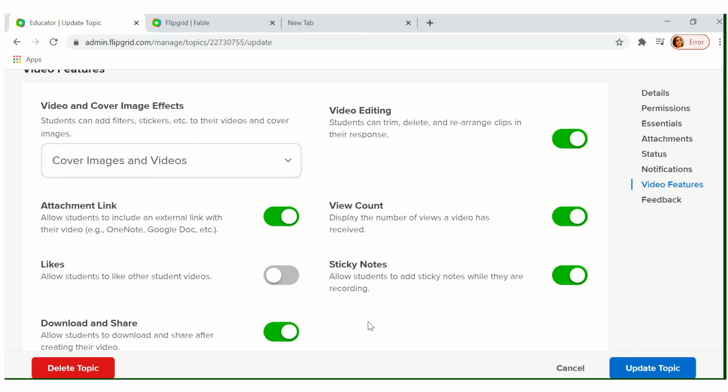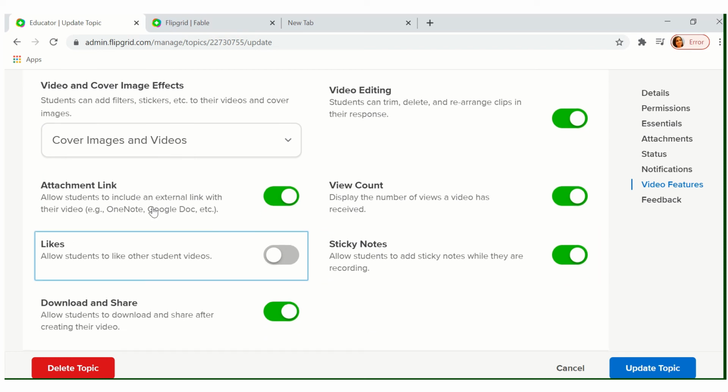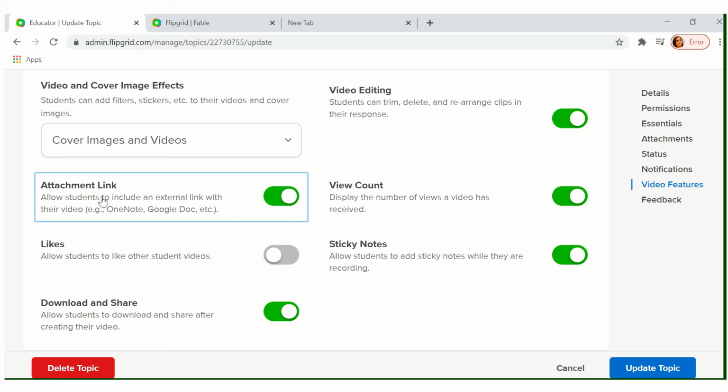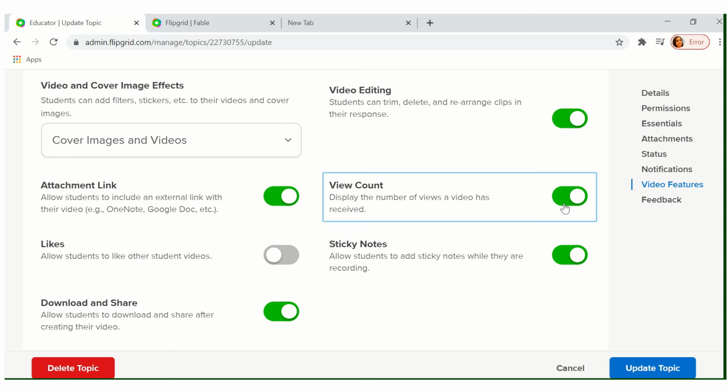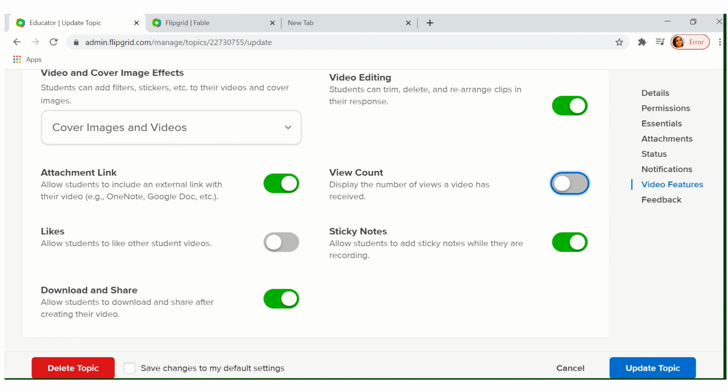I have kept it as cover images and videos because I want them to use all those. Now attachment link: they can even attach some external link if they want to. Now likes and view count, I usually keep it off, as they don't need to know how many likes or views, since it's all for educational purposes. So I kept it off.